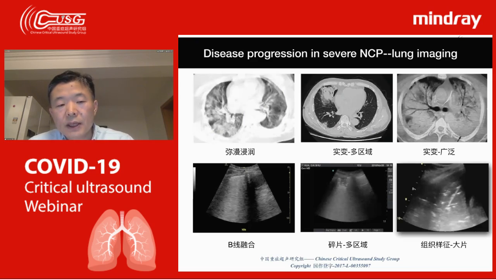In this area, you try to think about not only using your probe to point to one area of your patients. You have to think about the whole lung, from the upper part, from the lower part, from the lateral side to the back side. I think it's very useful. And also you have to think about the A line, B line, also consolidation, shred signs, and the other things. Put all these things together.